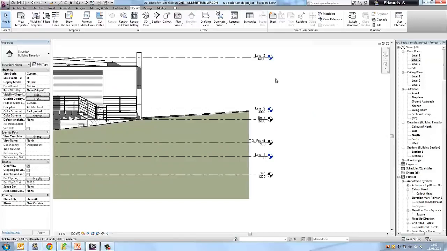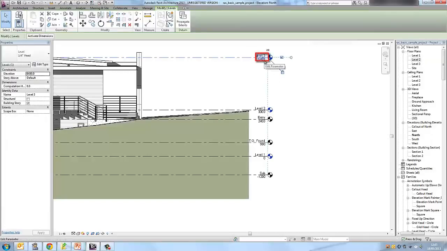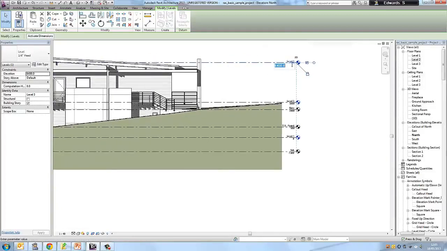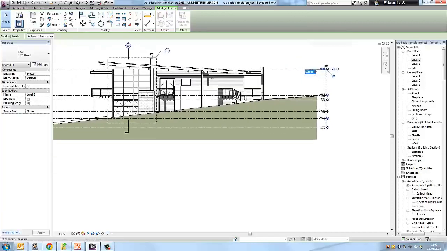So first of all, I'm going to modify the height of level 3. To do this, I need to click the level line to highlight it, and then click on the height parameter. A new editor box appears here. This is the height parameter, this is the elevation. Okay, so if I change the level 3 to 6,000,